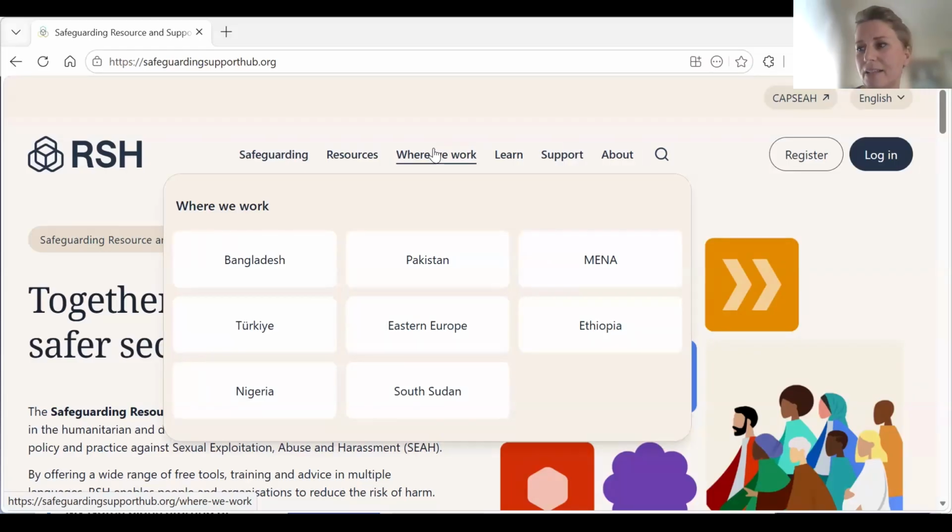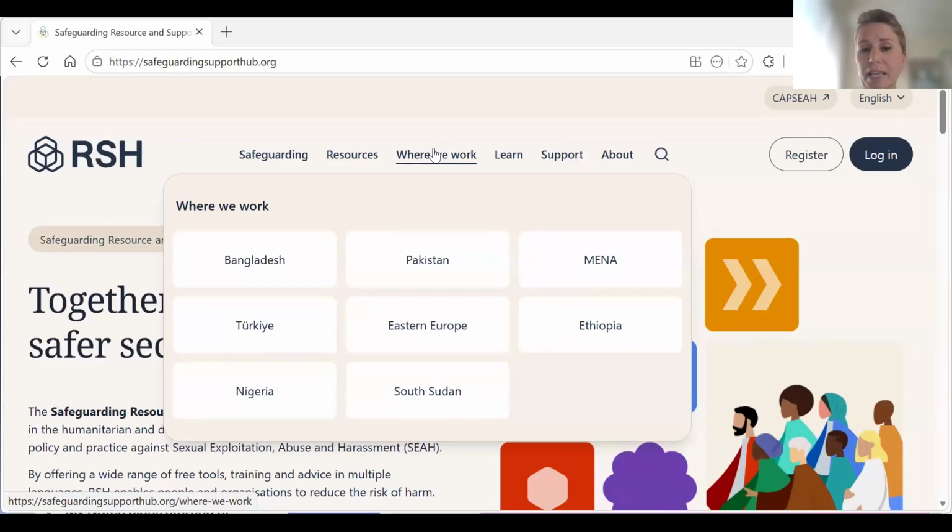What this means is that we have physical presence and staff in these countries who organize events, roundtables, deliver trainings, in-person, offline trainings, and in general advance the cause of the program.